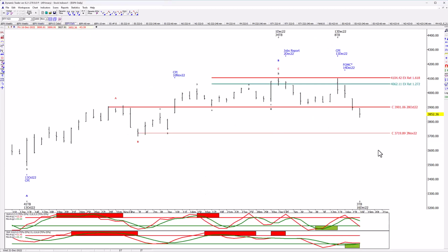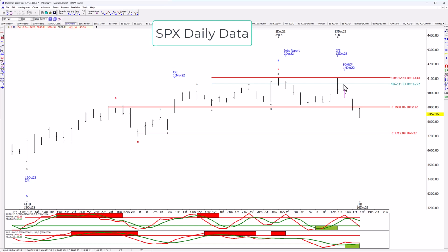Here is the daily data of the SPX, and again, it shows that near the end of last week the SPX closed below even the daily closing high of what I labeled as wave A. That indicates this is a correction. By the way, that's called the closing overlap, and I have a whole section on it in the master course